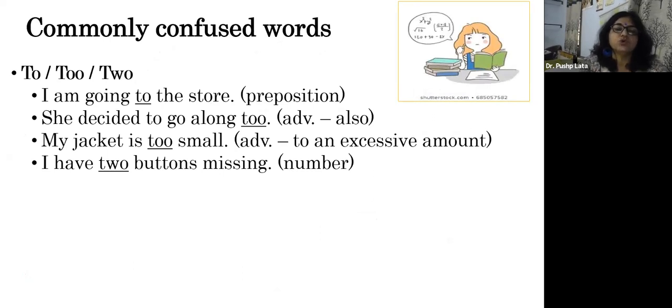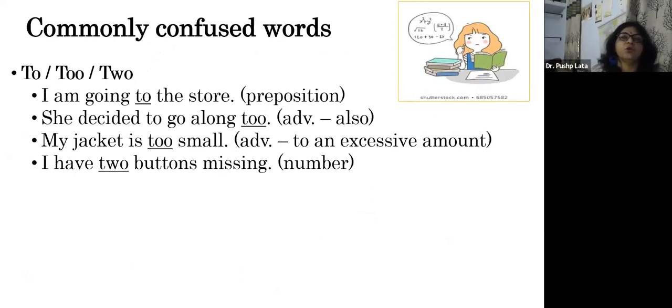So 2, 2, 2. There also you find sometimes, by mistake, we have written TOO. Somewhere, when we are writing, it happens. So our mind should quickly respond to that. I'm going to the store. Preposition has to be used. So TO is correct. So in case it is TOO, you can always correct it because the mind says it's a place. So it's a preposition.